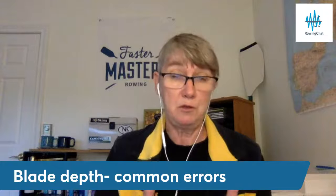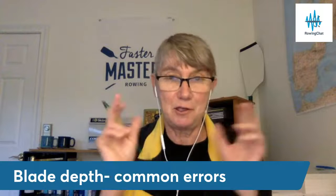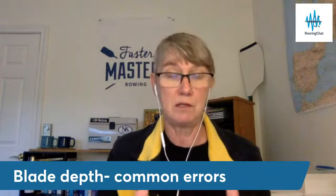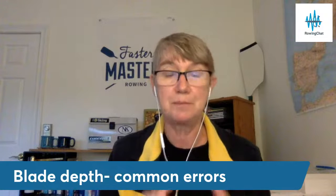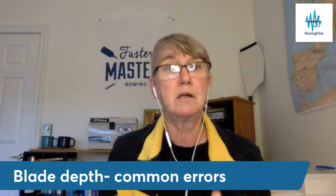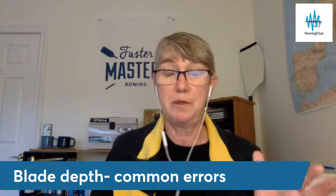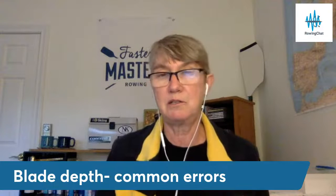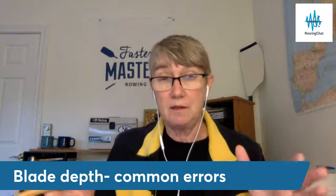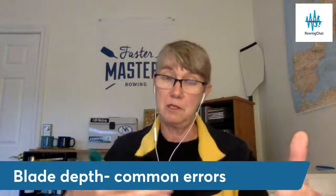Oftentimes the blade is going too deep in the water. So the way blades are designed these days, I like to call them smart blades, so to speak, because if you allow the blade to set in the water where it wants to, it has a certain amount of flotation, and it will generally settle in the water, and you want to think about following your handles at the level where the blade settles itself in the water. So in some sense, you don't really have to think about